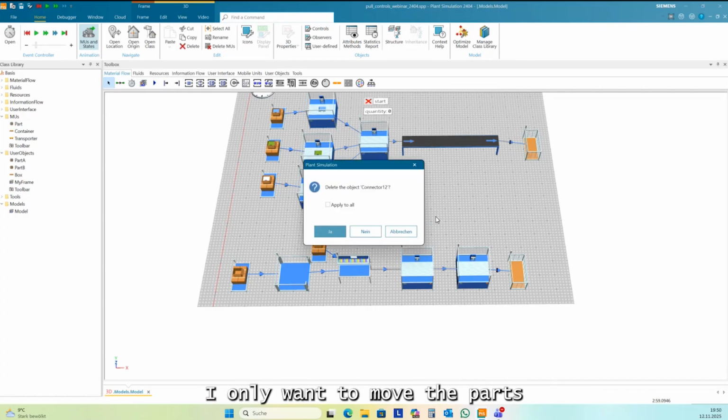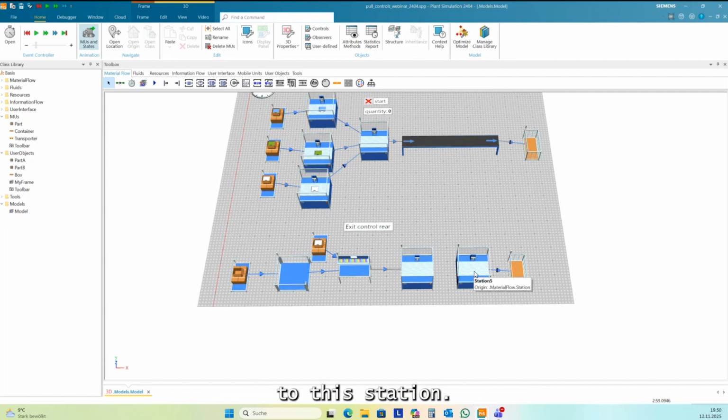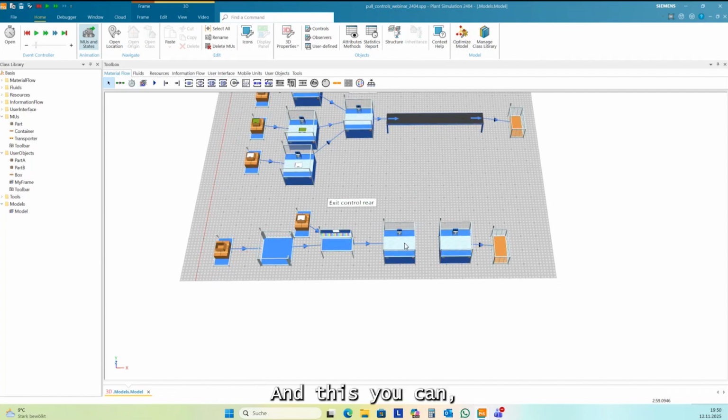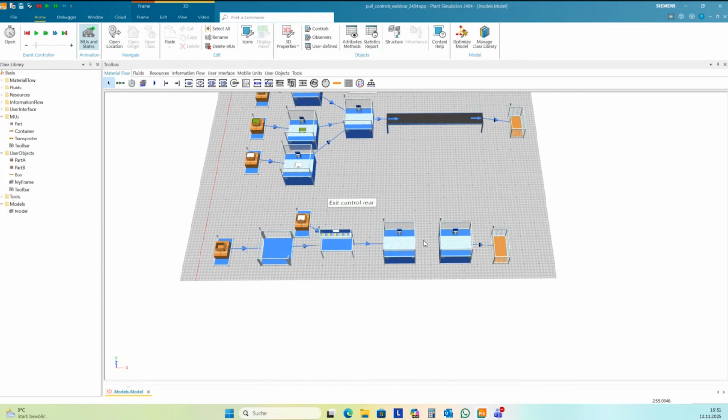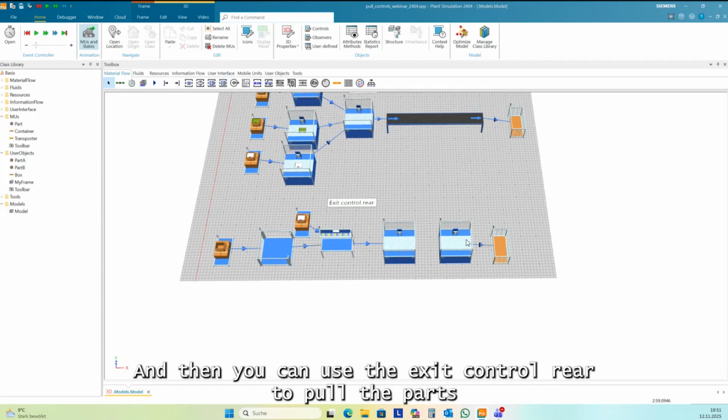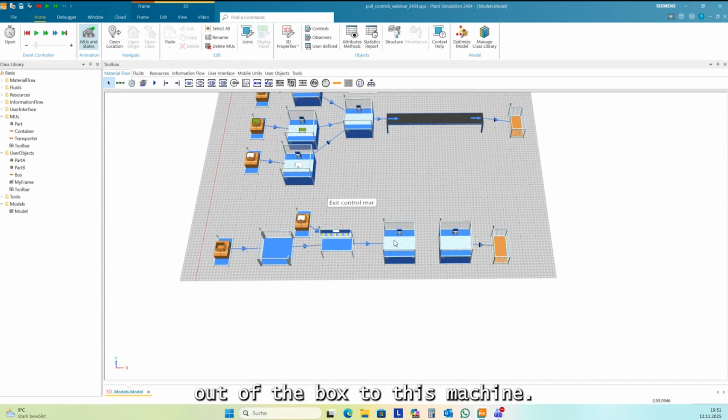I only want to move the parts to this station. And this you can do with the exit control rear. You need to move the first part in the exit control from this station to the next station. And then you can use the exit control rear to pull the parts out of the box to this machine.